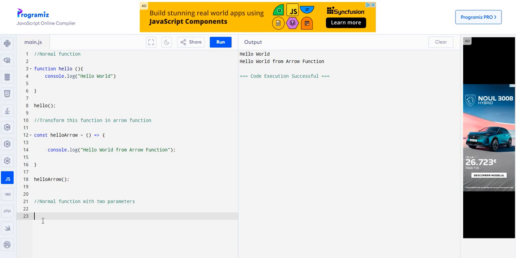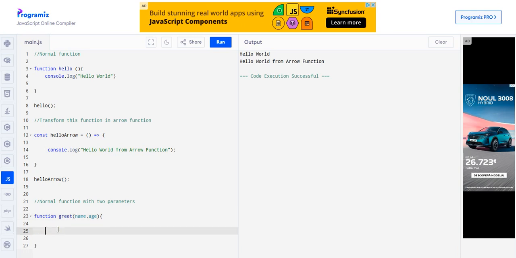When you create a function, put the keyword function, greet, and a statement, and here we should put two parameters, because we say that we make two parameters. The first parameter is name and the second parameter is age,